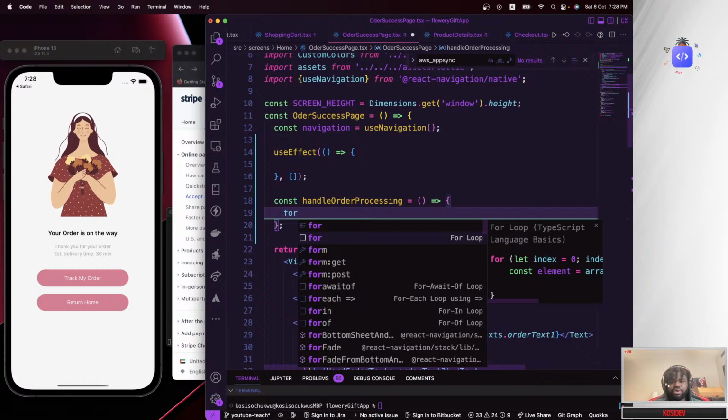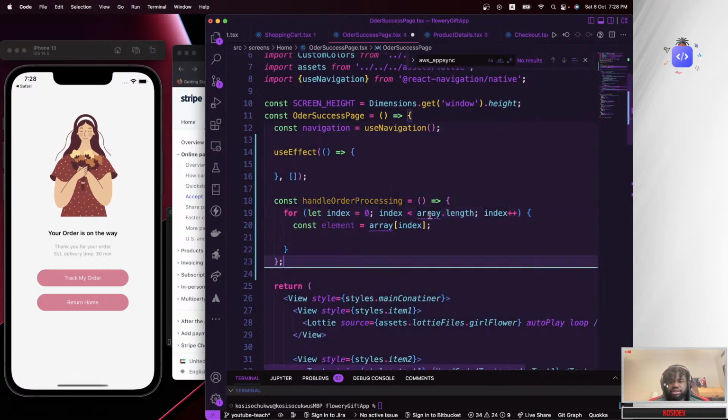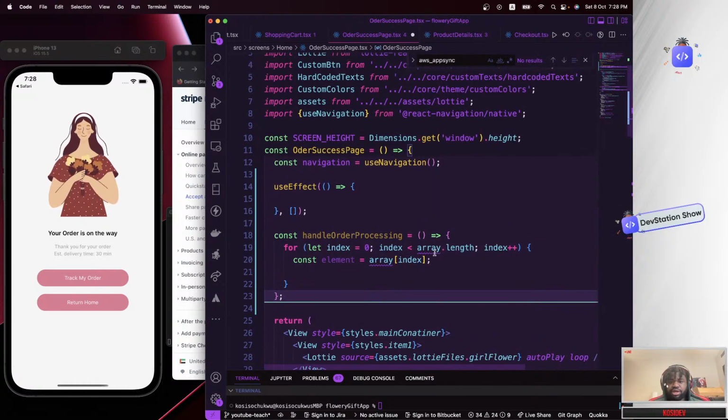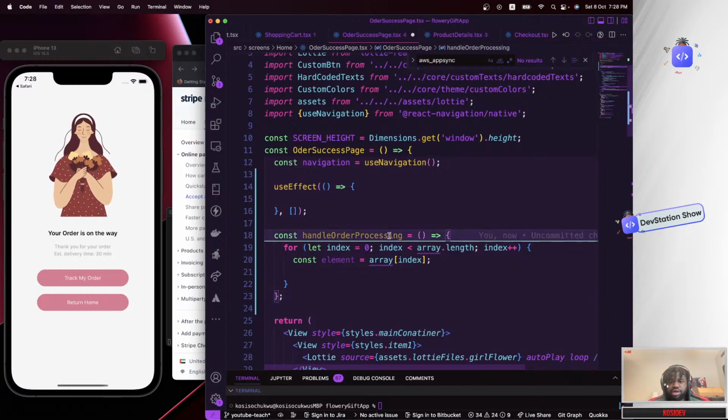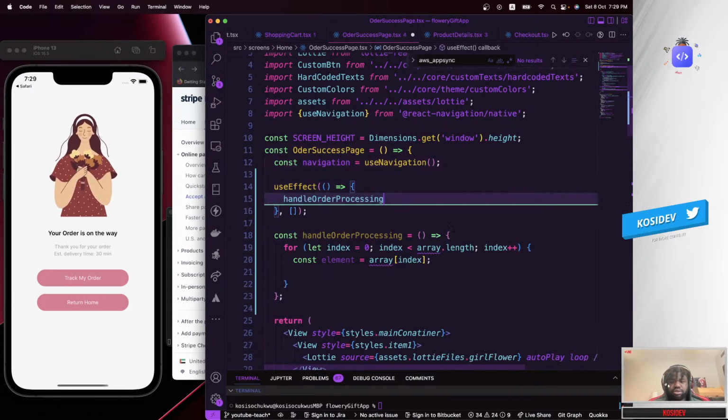So a for loop, and inside a for loop we get hold of index, all those stuff. And I'm going to call this function inside our useEffect. Like I said, this useEffect will be called once in the lifetime of our app, so that's why I'm using the useEffect right there.